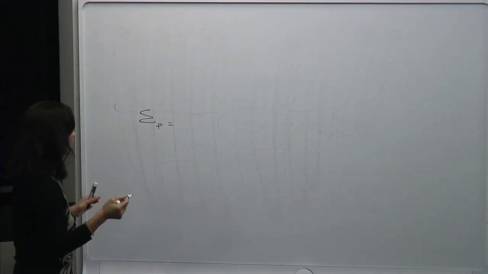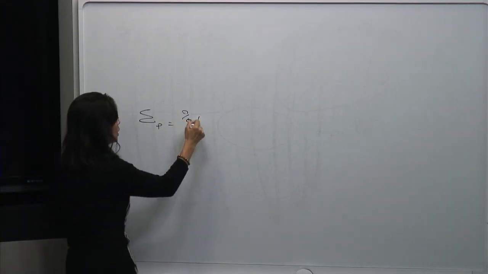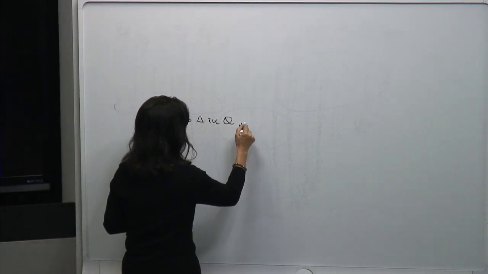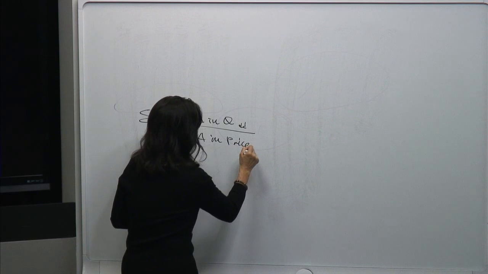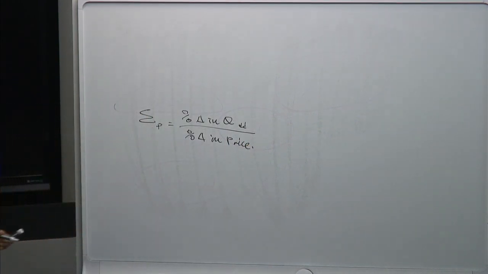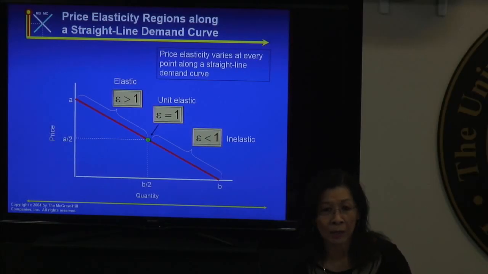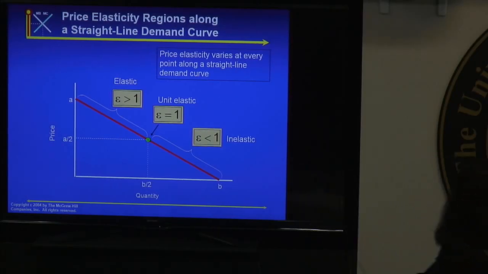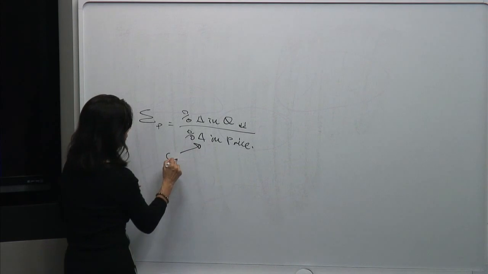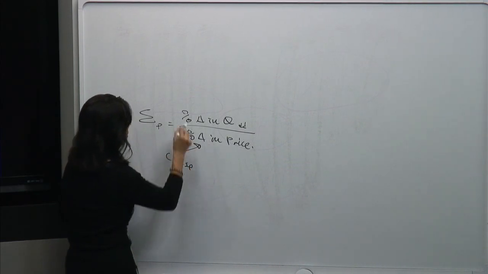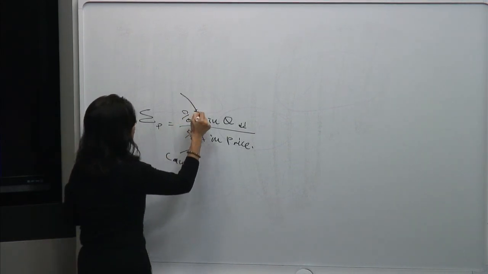Elasticity of demand is the percentage change in quantity demanded divided by the percentage change in price. This is not an easy chapter because it's so analytical and you have to apply an equation to it, so I tried to go a little bit slow. Basically, this is a cause,